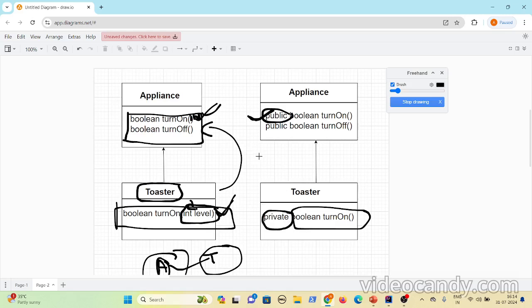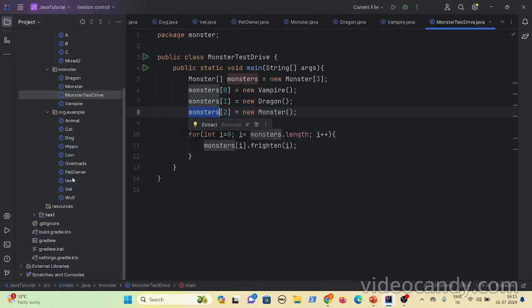So whenever you are overriding a method, the access level should be the same or less restrictive than the superclass, it should have the same number of parameters, the same types of parameters, and the return types should also be the same. Only then can you say that the method is overriding the behavior present in the superclass. If you change any of these things, you call that an overloading behavior. Let's see that overloading behavior.